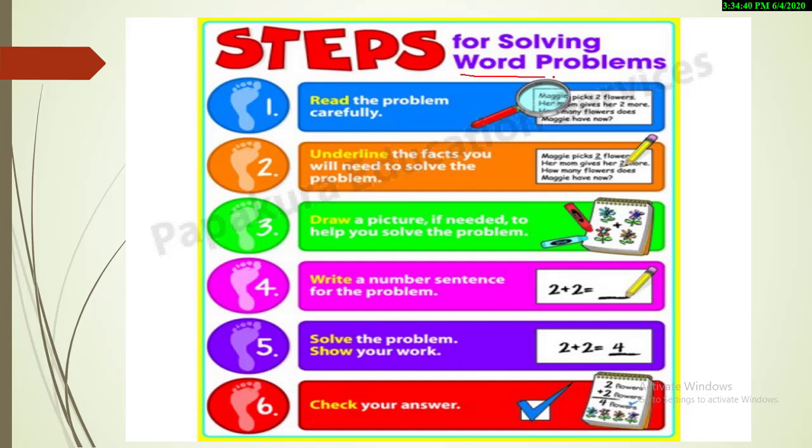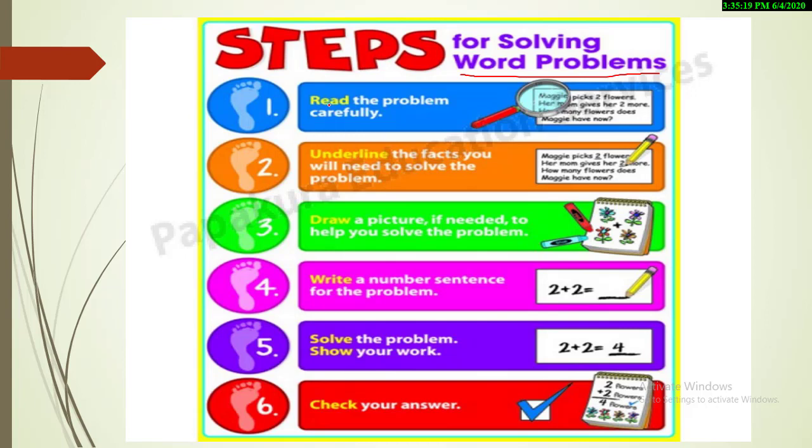What are the word problems? Word problems are a kind of maths sums which are mentioned with proper wording, and they give you a complete statement of what the problem is, and you are going to find out the solution. So that's why this kind of problem is called a word problem, because they are mentioned with words and numbers as well. So these are the important steps that you need to follow, and I'm sure you will easily solve the word problems as well.